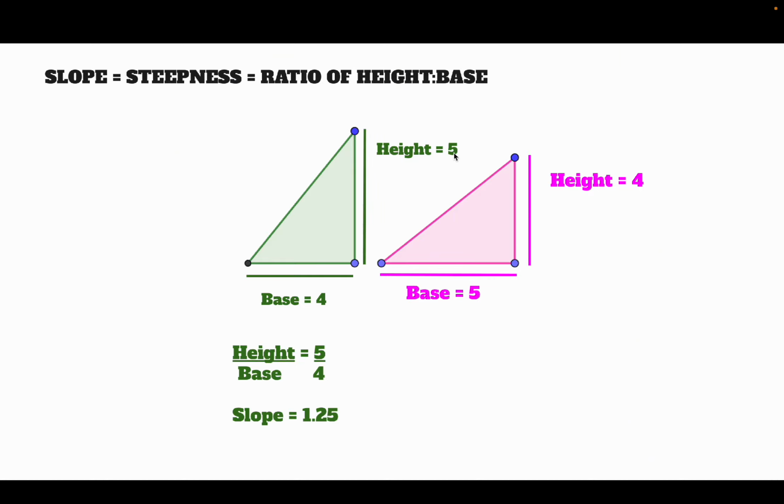So over here, I take the height, divide by the base. 5 over 4 is 1.25. Then for the right one, I do the same thing. Take the height, divide by the base, and I get a slope of 0.8. This time I chose to use decimals because you can easily see that the slope of the green triangle is a greater value than the slope of the pink triangle, meaning that the hypotenuse of the green triangle is steeper than the hypotenuse of the